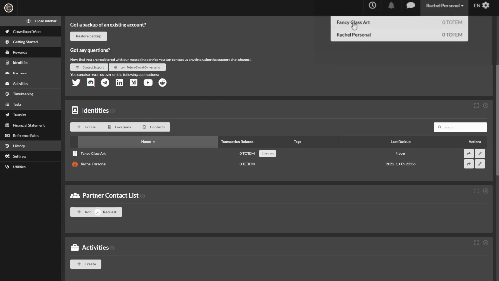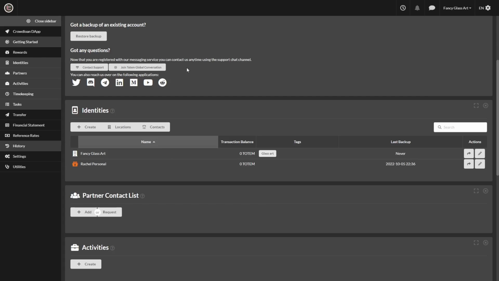And right here, the top right of the screen, these are all the identities that you control. This is the Identities Module. When you carry out anything, you want to use this top right drop-down menu to select which identity you want to work with. While we're in this new business identity, we're going to be dealing in US dollars, let's say,